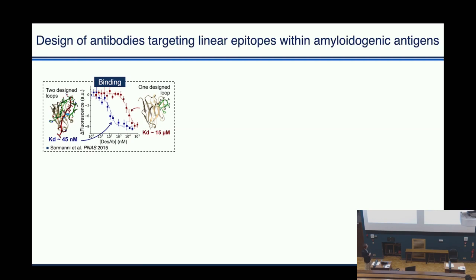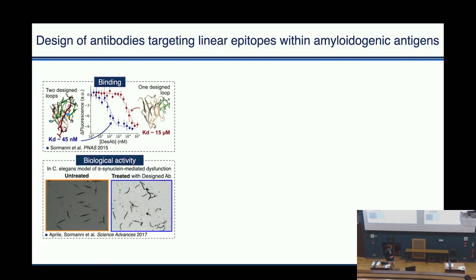protein. And when we did this for a protein called synuclein, which is a hallmark of Parkinson's disease, when we designed one loop, we could get decent binding affinities, but nothing too outstanding, in the micromolar range, while when we design 2 loops, which is what a natural antibody would do, binding with at least 2 of these CDR loops, we would get affinities that are in the ballpark comparable with those that you get from in vivo or in